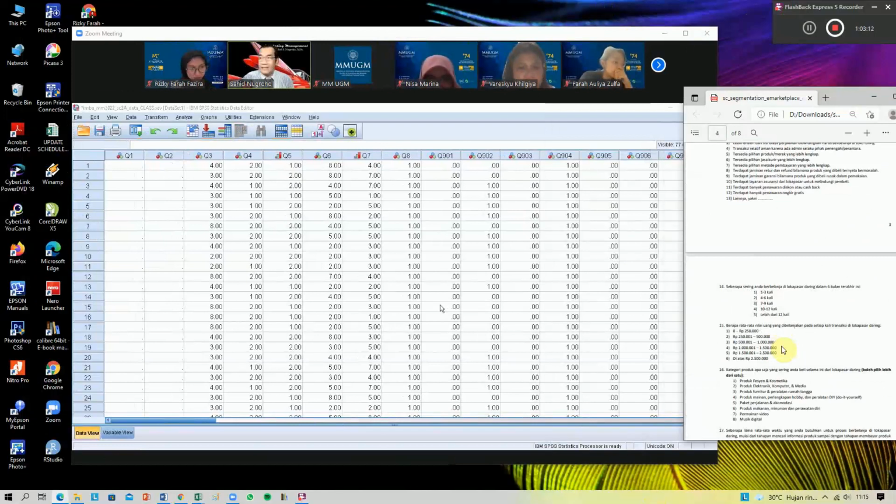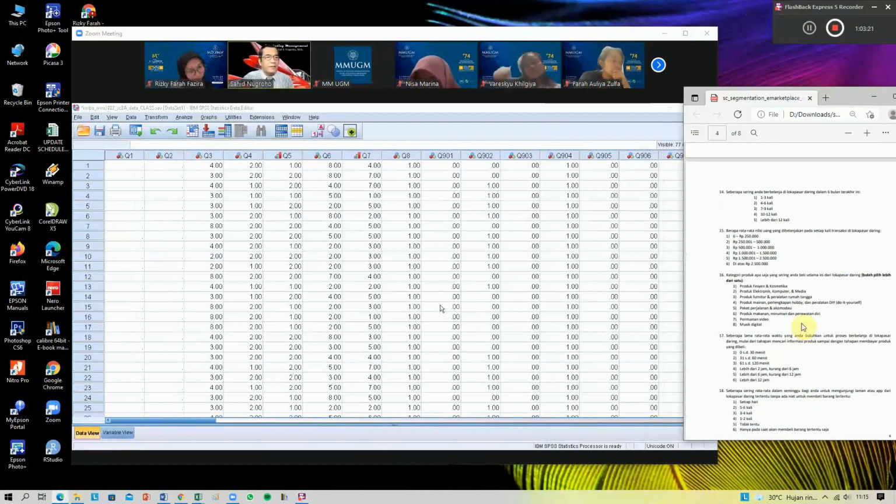So I think the dominant product categories are food, beverage, self-care, then furniture, home appliance, electronic, computer, media, and fashion and beauty.